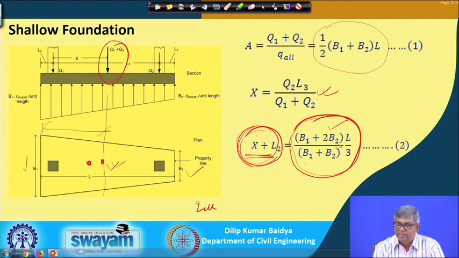So, I can set another equation. The first equation is this, the second equation is this. So, I now have two equations and two unknowns, B1 and B2, so I can solve for them and get the values of B1 and B2. That B1 and B2 will be the actual unknowns. If I find B1 and B2, that is the area required to support these two columns, giving uniform contact pressure below throughout the footing.